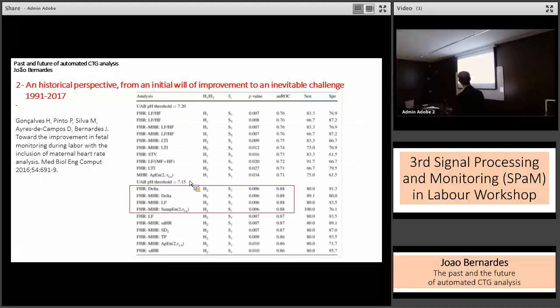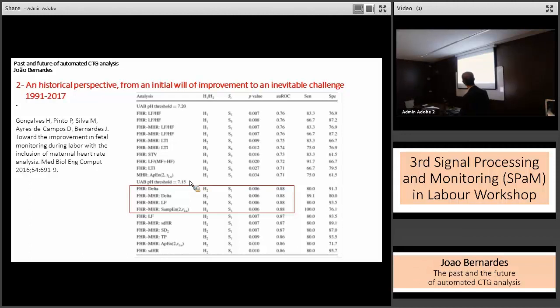For example, in this paper, we have a lot of variables: traditional frequency domain analysis using low frequency and high frequency waveform analysis, long-term variability, short-term variability, and also entropy, and so on. And look at these results, interesting results in my opinion. Here we have an analysis regarding an outcome pH of, sorry, 7.20 and 7.50. And look at this. Here you have the area under the ROC curve, and look, we can get